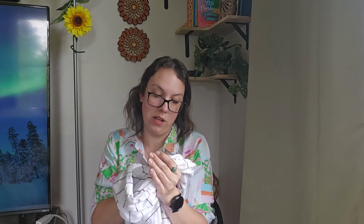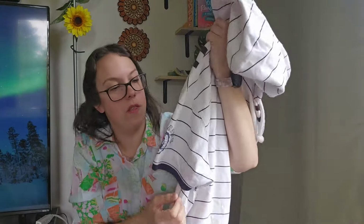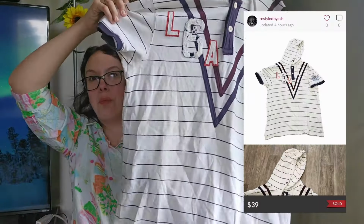Now, you guys, this, I was so excited about this. I've never found this brand before, and I actually could not find any tags like this. So I'm like, okay, I don't know. I'm assuming it's authentic. I don't know why this would be copied, but the brand is Scotch and Soda. There are so many tags for this brand as well. Like, I'm pretty sure it is. But what kind of threw me off is on the sleeve here it says Notre Dame, which I'm like, okay. It says University of Notre Dame, which is a school, but it does give that total preppy vibe, kind of